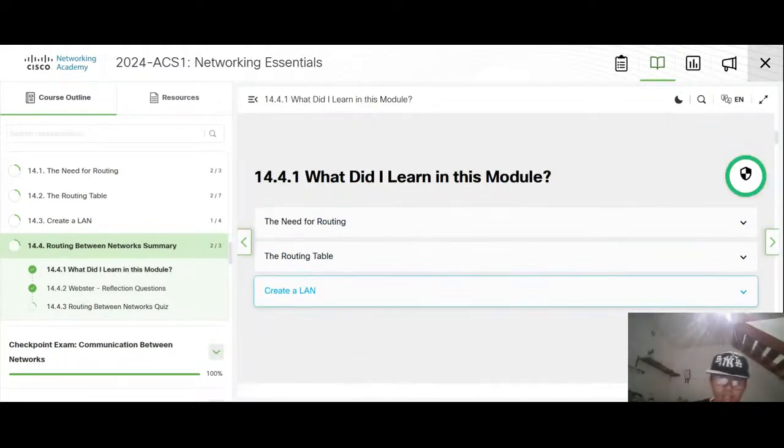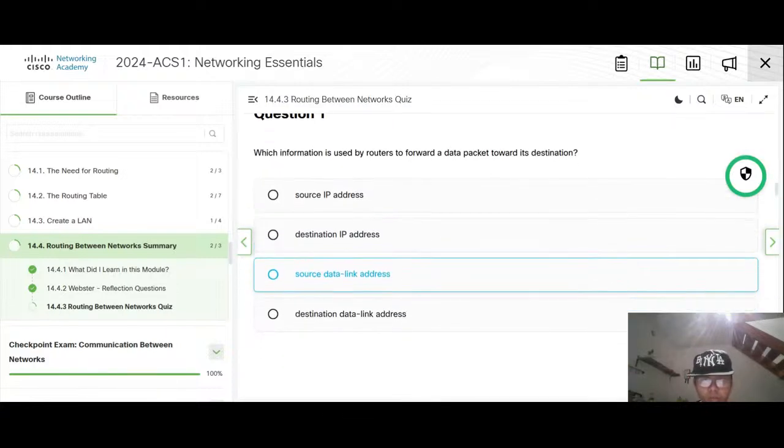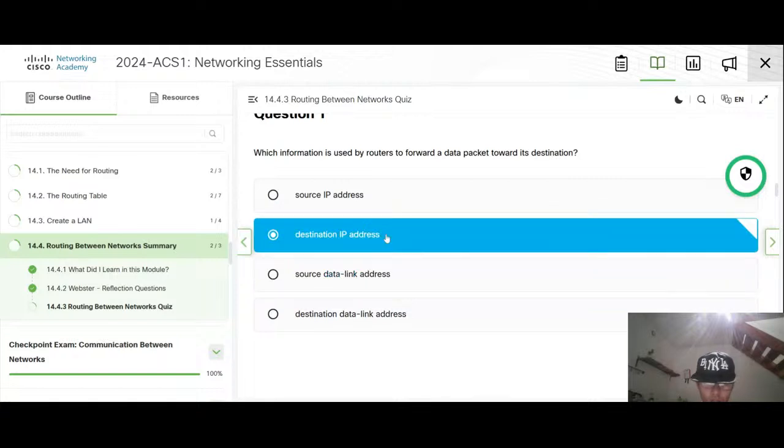Temporary, I think. Okay, which use my routers to forward data packets toward its destination, which is the destination IP address. The router uses the IP address.